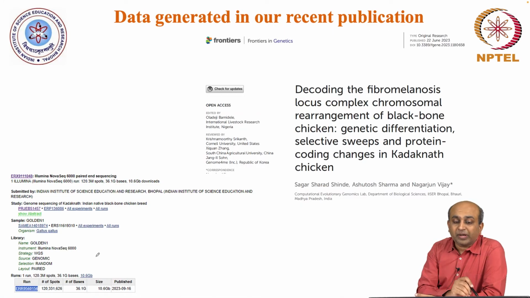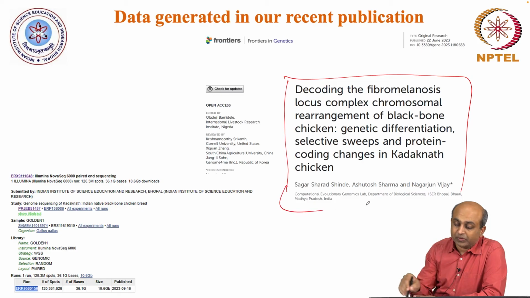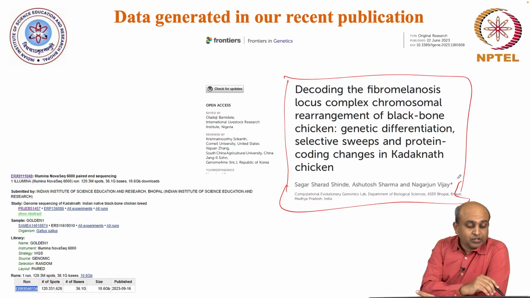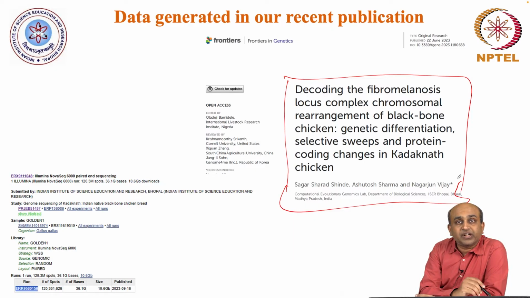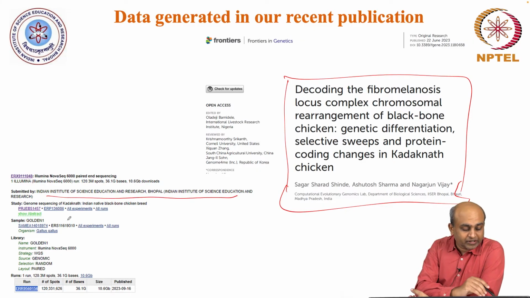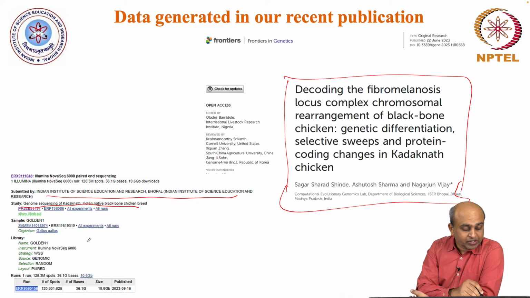Right, so coming back to the data that we discussed about. This is some data that we generated. As I mentioned, this is associated with this paper where we looked at various aspects of chicken population genetics and things like that. So this is the experiment details which is there on the short read archive. What are the experiment details? It tells you who is the submitter or who is the data owner. It is providing that. It's also providing a description of the study, that genome sequencing is being done for this breed of chicken. It also is specifying what type of morph it is,